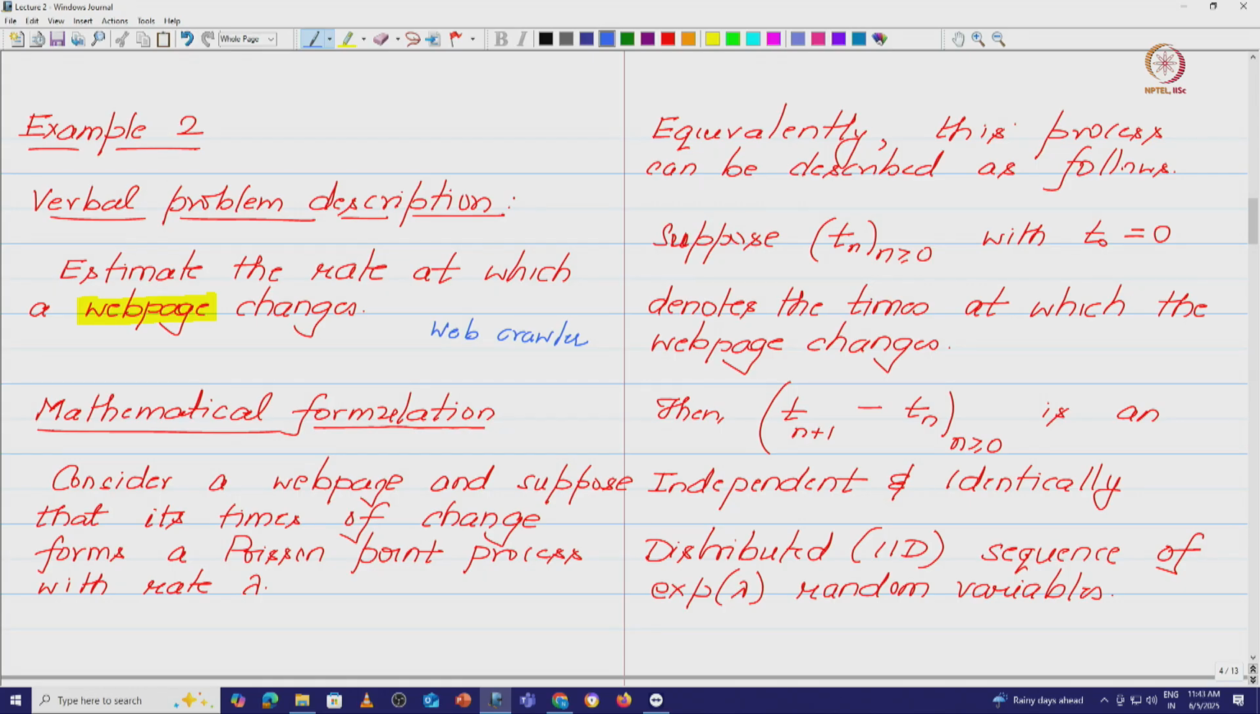Now let us give a mathematical formulation, and since this is not the main topic of this course, I will keep the mathematical formulation of this question in some simplified way, but one can build upon this idea and look at more sophisticated versions of this question as well. Okay, so what is the mathematical formulation of this question? We have a web page,